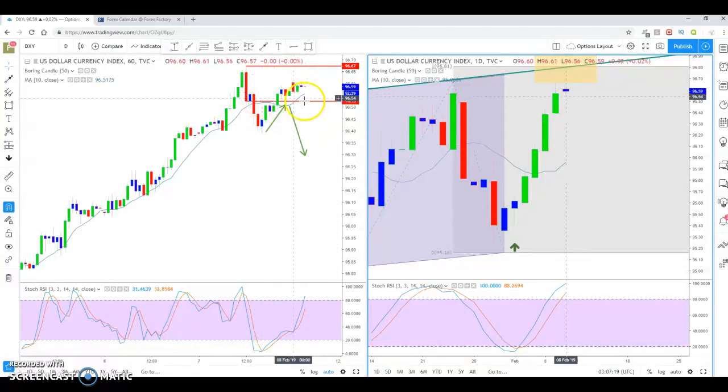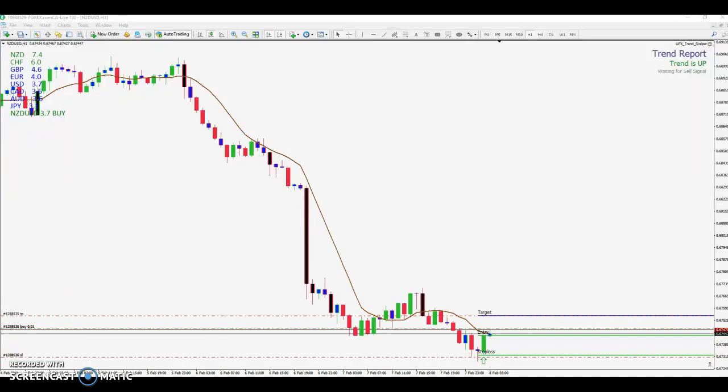Either that or just maybe chopping around. We might just hover and chop around up here, or we could just take off and close high for the end of the week. But for me, what I would like to see is getting the retracement. We did see on the hour here we were in an oversold area, pressing up and slow steps up, and we're just increasing here, and we're getting up into this area as well for turning over. So could see a nice move to the downside. If we do, then we might get a nice move in the New Zealand dollar. Now I might get chopped out of this and it might come rallying right back down and we shoot up in the DXY.